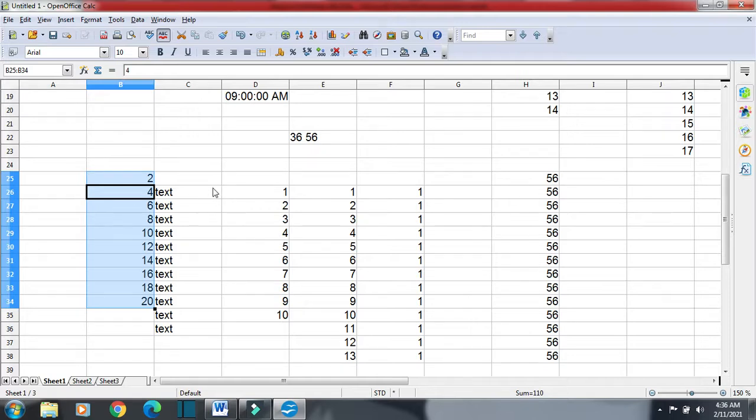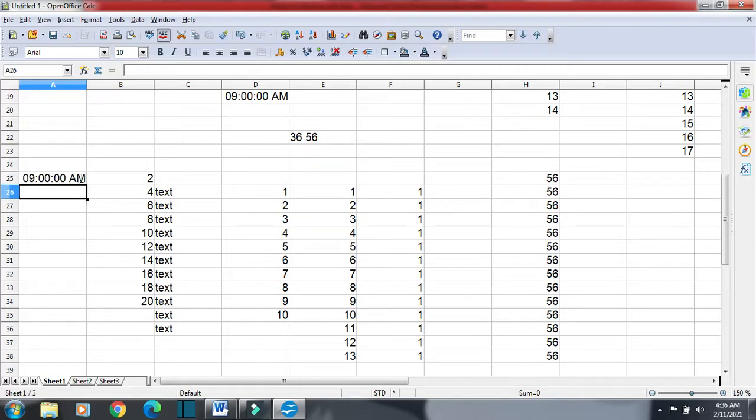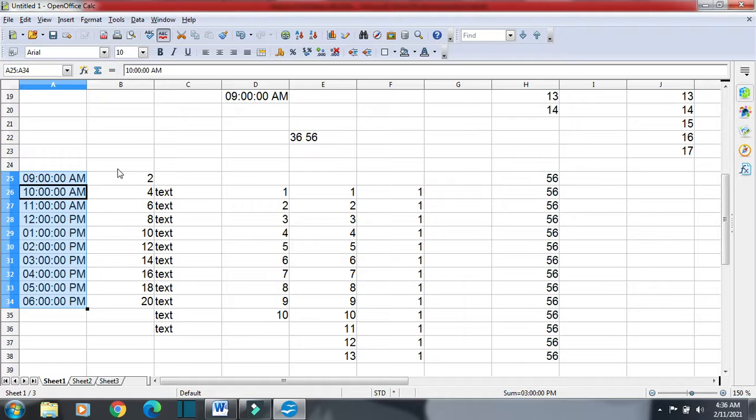If you have the fill series option as time, then you have to give the first time and then the second time also. Then it will be seen as a series. Now you have 9 and 10, select these two, they will automatically give you 11, 12 and like this. You have to give 2 data to fill the series.